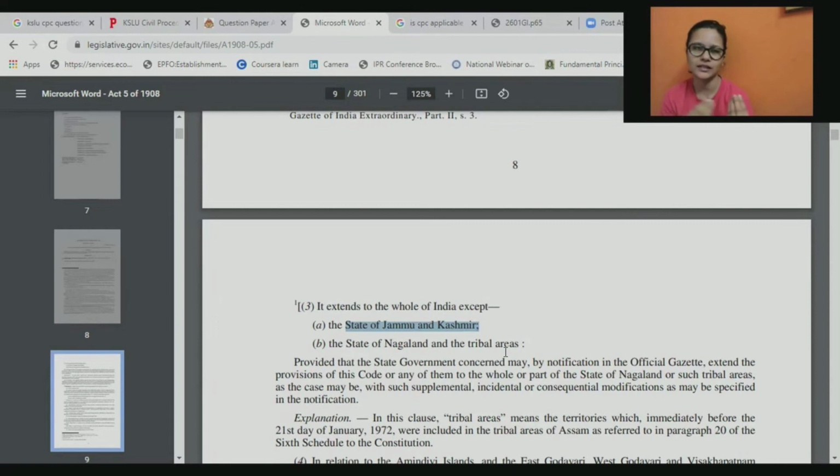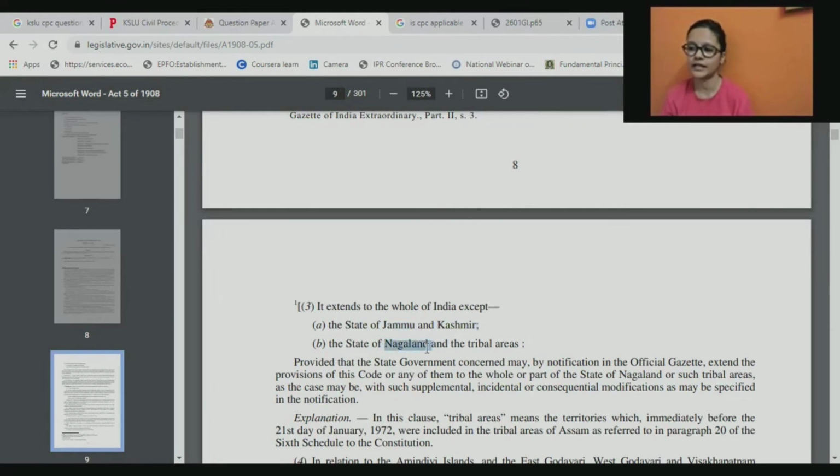Certain provisions are not applied here and there. In some matters they are given a bit of liberty because the tribal community wants to preserve their culture and stuff like that. All right, so Nagaland is not